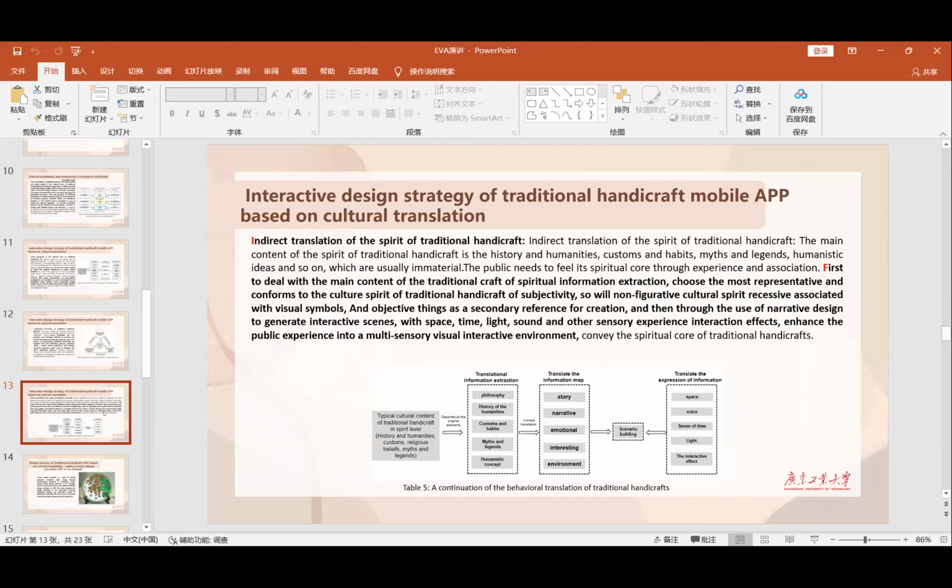Indirect translation of the spirit of traditional handicraft. First, deal with the main content of the traditional crafts: spiritual information extraction, tracing the most representative cultural spirit of traditional handicrafts and conforming to their subjectivity. So, the non-figurative cultural spirit is treated as recessive, associated with visual symbols, and objective things serve as a secondary reference for creation, and